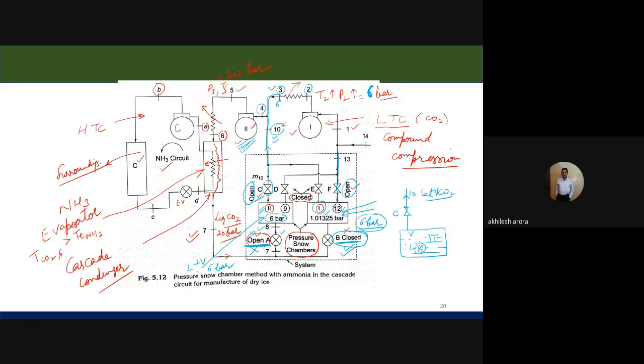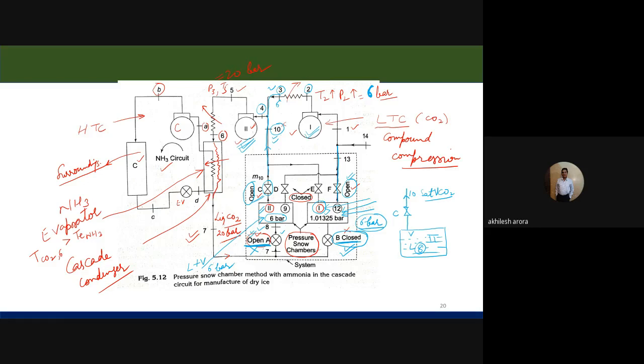In the book also it's not clear, but actually if we have to reduce the pressure, we will have to keep this liquid in a larger volume actually. If the volume will increase, automatically the pressure will reduce to 1 bar. So I also really don't have the idea how this pressure has been reduced from 6 bar to 1 bar in this snow chamber 1 actually. Okay, but somehow it has been shown that when this valve F is open and compressor number 1 is running, the pressure here in the snow chamber 1 reduces from 6 bar to 1 bar.